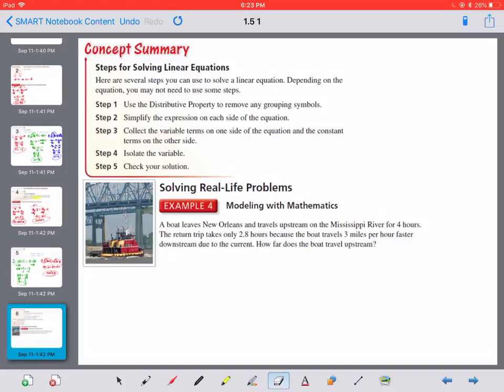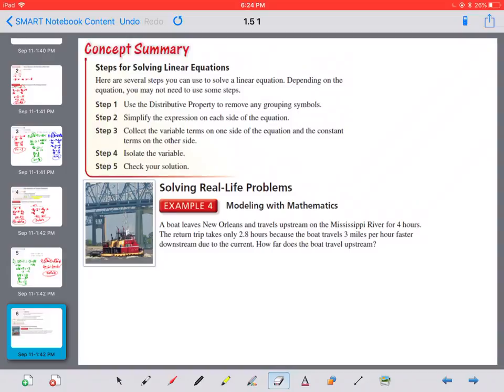We've looked at variables on both sides. You have to get the variable on the same side and get the constants on the other, and then get the variable by itself. We've even looked at weird situations where the variables disappear and you get a number equal to itself. You get an identity, and so it is an infinite number of solutions when that happens. And we've looked at whenever your variables disappear and you get a number that doesn't equal another number,